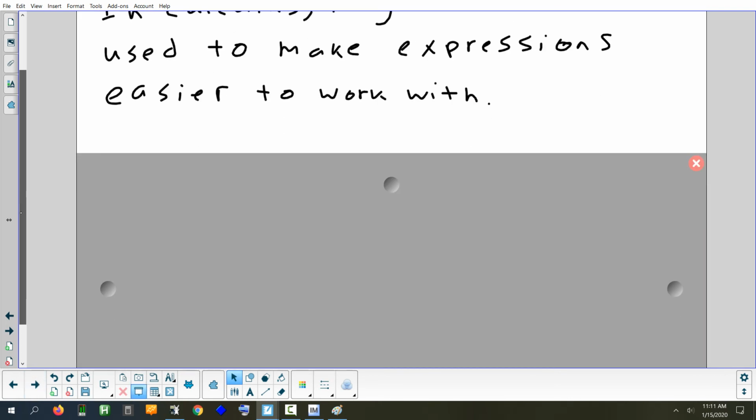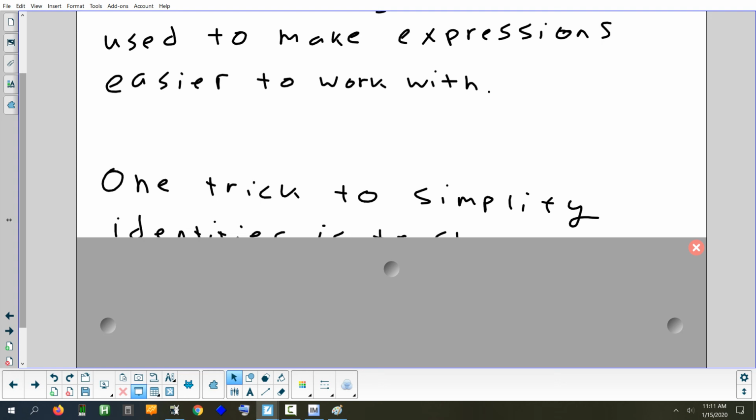So there's a few different tricks that you can start off with anytime you're asked to simplify a trig identity. Now, these tricks are just general guidelines. I can't really say every time you see this, you should just do this. Doing trig identities is kind of like playing a chess game. You might have an idea of what you're going to do, but as you start doing the problem, you may have to adjust a little bit because things aren't turning out the way you thought